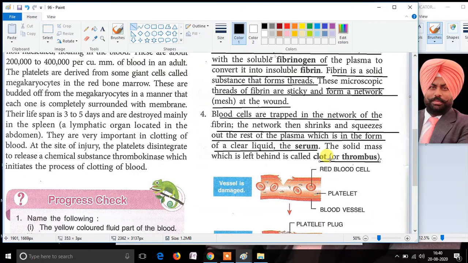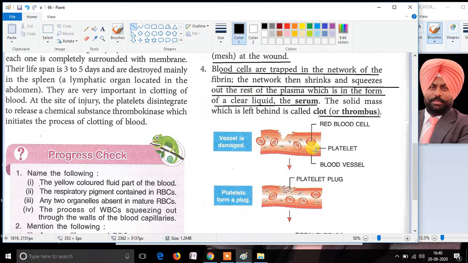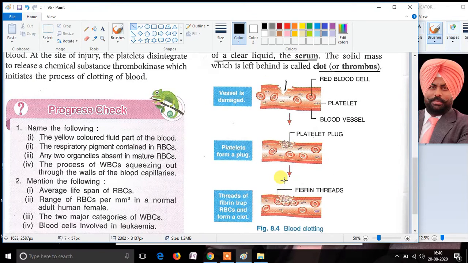Taking up the summary, let's see. Here is the injured part, and at this injured part, the blood platelets present in the blood produce a substance called thrombokinase. That thrombokinase reacts, with the help of calcium ions, with an already present substance in the blood, that is prothrombin, and it is converted into thrombin.